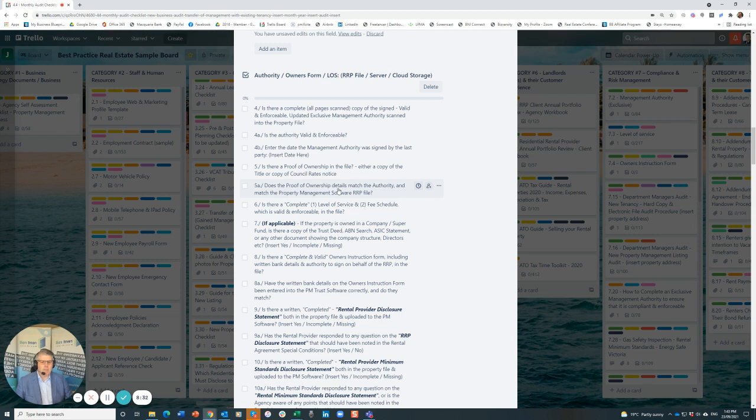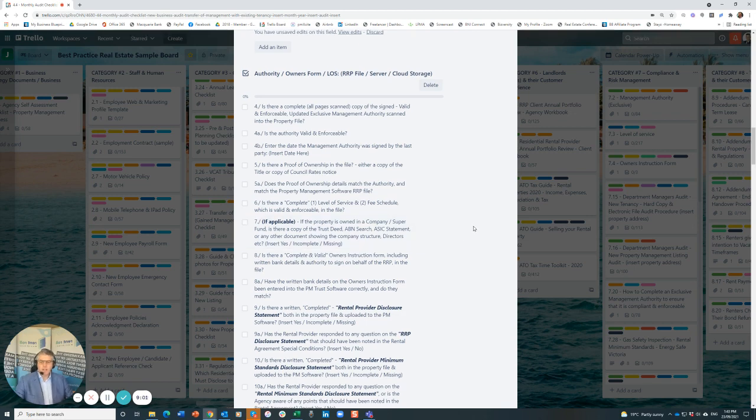So the ownership match details, the details match, so that's fine. And again, if they don't match, this is the time when you want to figure that out, particularly when you're doing your property management software. You might have had a software audit. Someone might have set this up. It might be a VA, it might be an assistant, might be accounts that sets up the file in property management software, and that might not have been cross-linked. So you're really checking to make sure that that has been